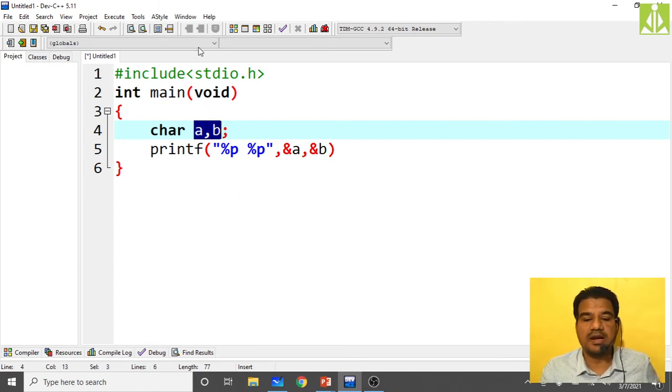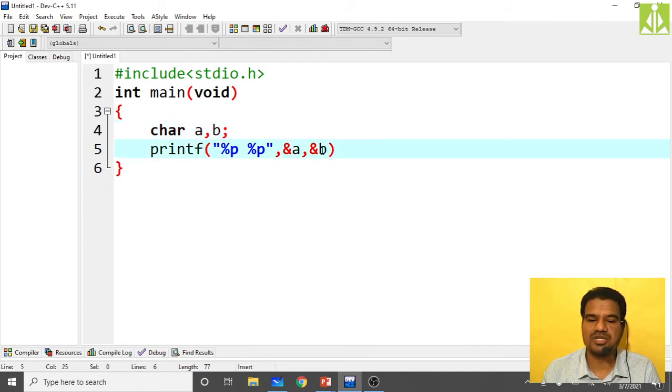I have declared and defined two variables of type character, a comma b. Now after creating them, when you compile the program, these two variables will take some memory location from the computer memory, and they will also have some address. That address I am printing over here. To print the address, we set the conversion code %p %p.